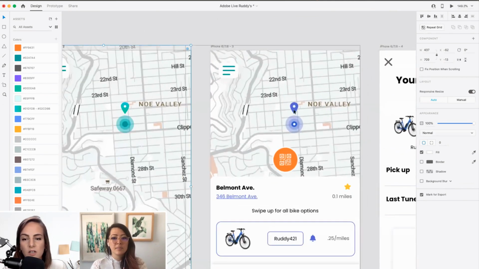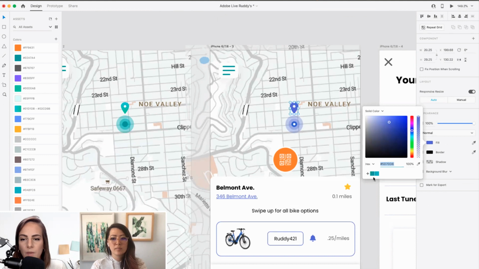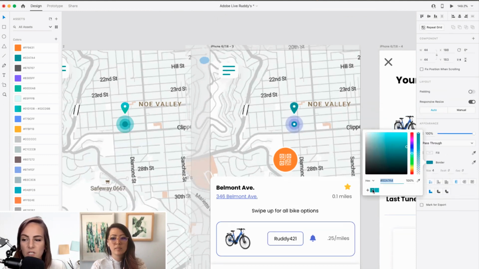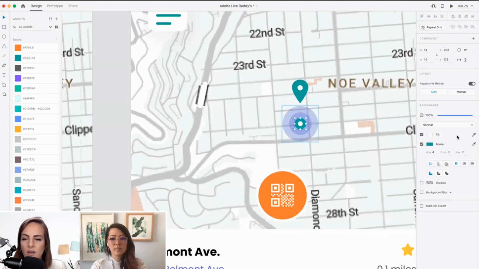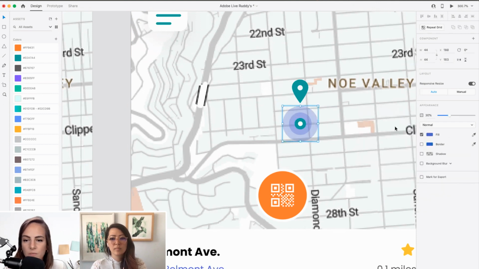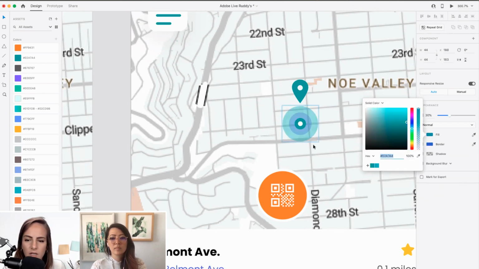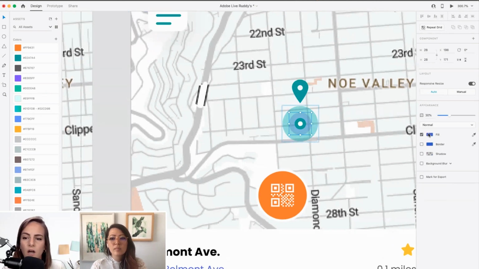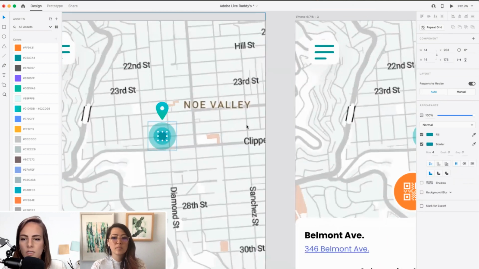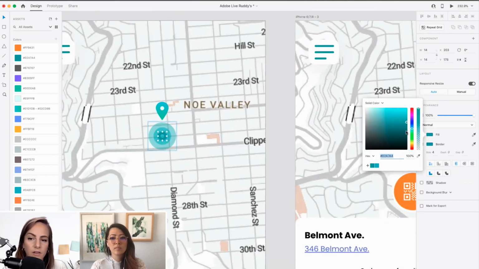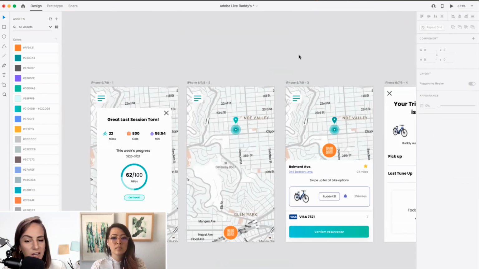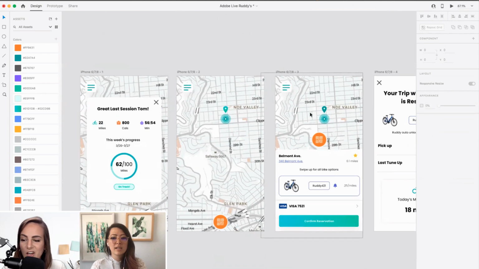And also something to note is that you found this map element in the UI kit, which was really nice. I know a lot of you guys yesterday were sharing some places that you find images of maps to use in your interfaces. One was Snazzy Maps, I think, and you can even change the colors of the roads and the streets and water and stuff, or if you want to have the road names or hide those. So whoever shared that yesterday, thank you, because that was a good tip.